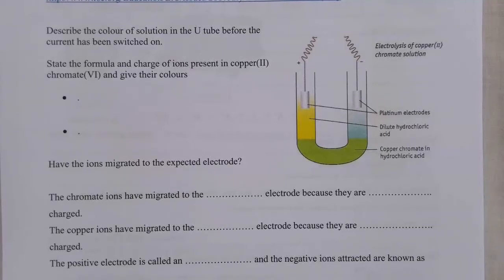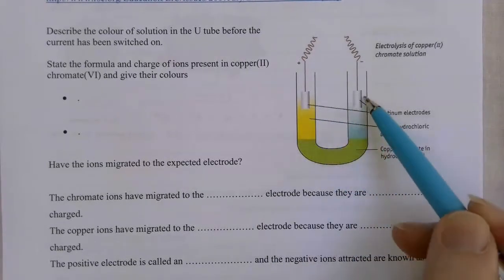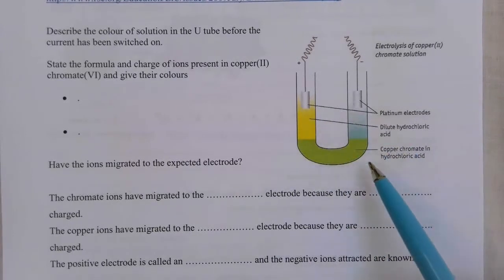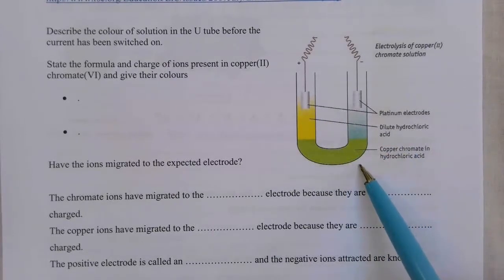So we're starting on page 6 of your notes, and we're looking at the evidence for the migration of ions. So the evidence that in solution ions are mobile. And this is a practical you're going to see in class. So here I have my U-tube, and in the bottom of it I very carefully put copper chromate in hydrochloric